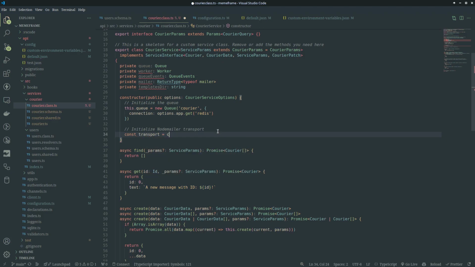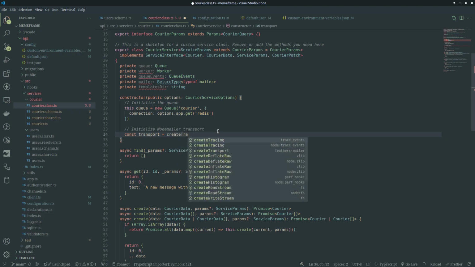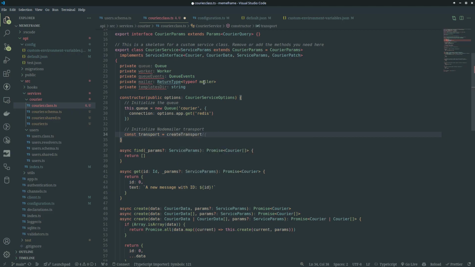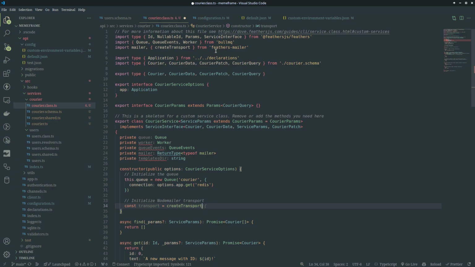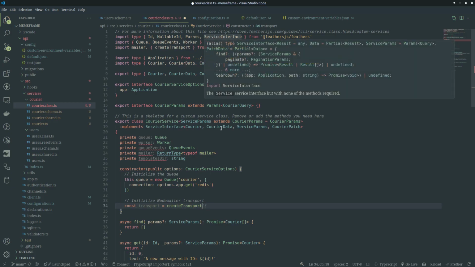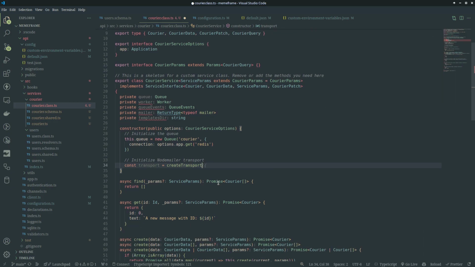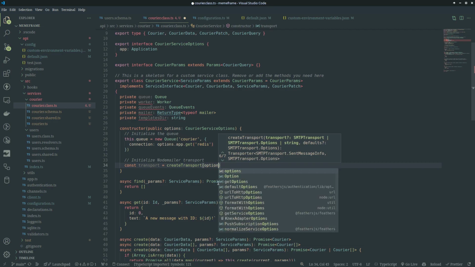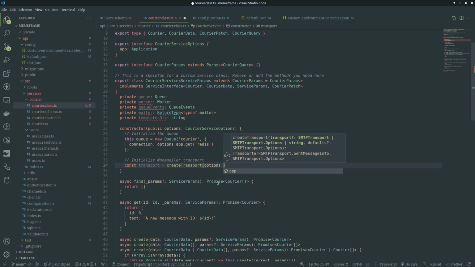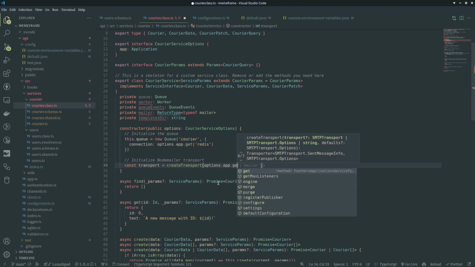So then createTransport, coming from Feathers here, and then we can provide the options.email config. So that's like saying app.get